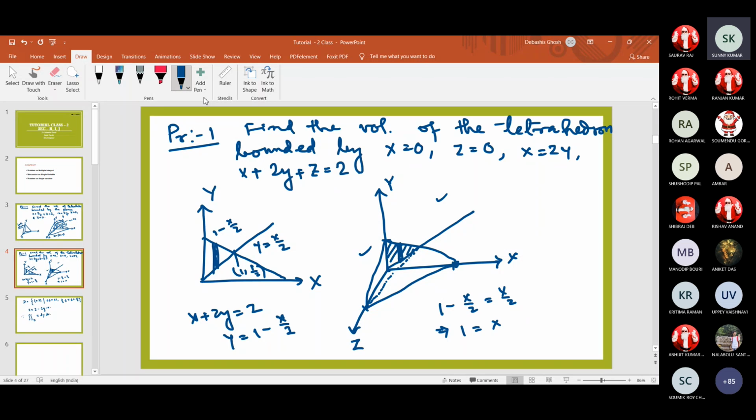So we can take a strip parallel to the y axis, and the range for y is x/2 to 1 − x/2. If you equate them, that gives the point of intersection of these two lines, because this strip will move from x equals 0 to this point. The equation of the y axis is x equals 0, and the point of intersection comes to x equals 1. So the range for x is 0 to 1, and the range for y is x/2 to 1 − x/2. That is the range on which we need to take the integration.